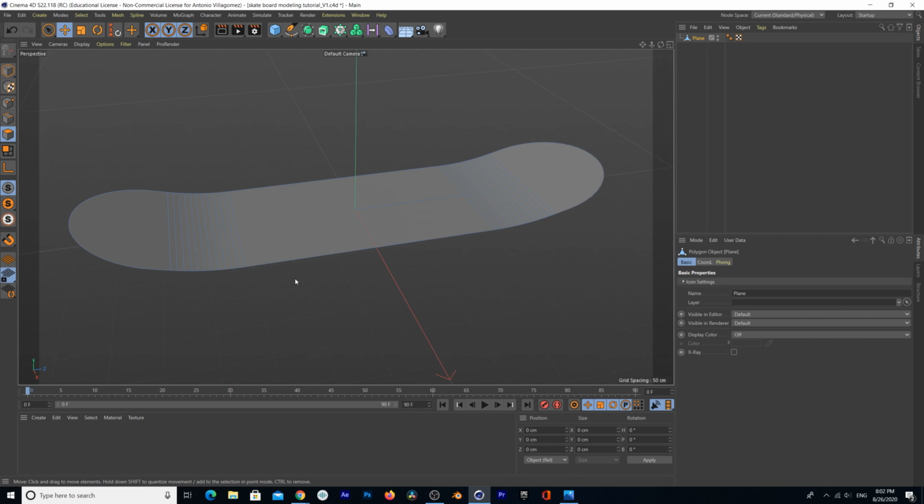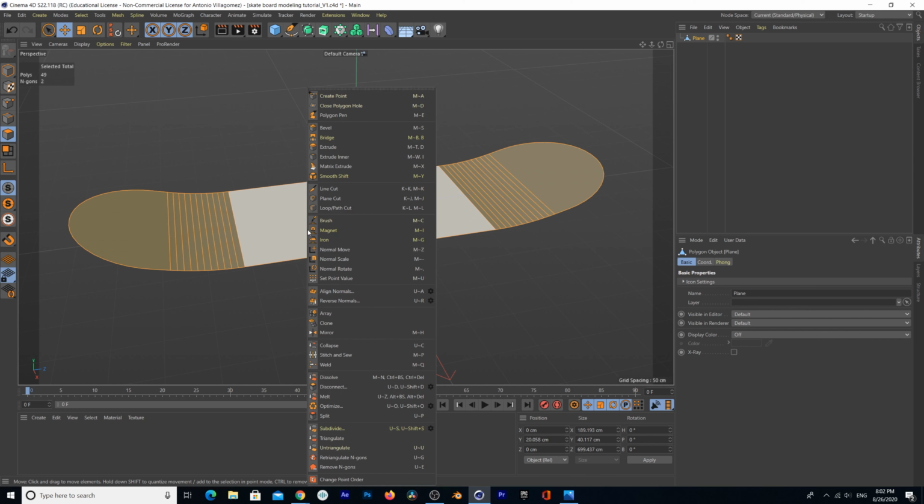So in order to do that, we have to make sure that we are on our polygon mode right here, and then we have to select all these polygons, and then we have to extrude the board. So select the first one, and with the first one selected, press Ctrl A, and that's going to select all the polygons of your model. With all the polygons selected, right click on the selected polygon, and then we're going to